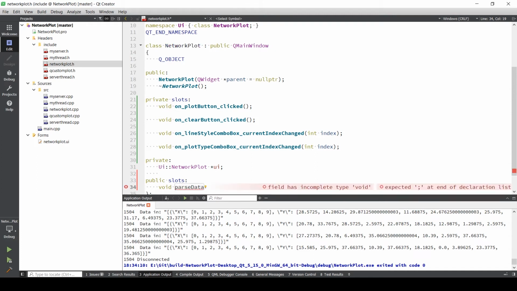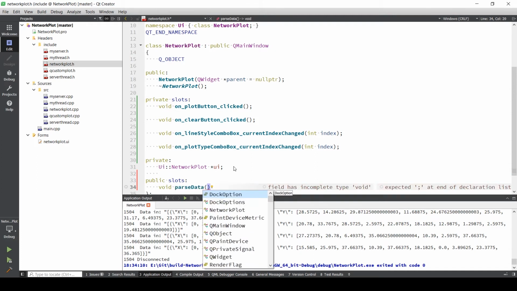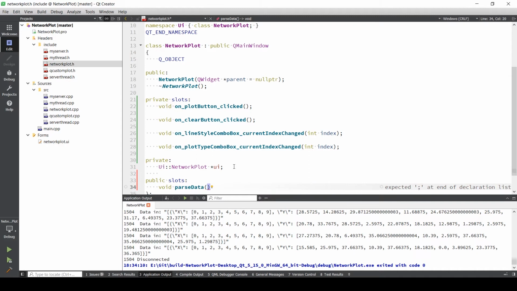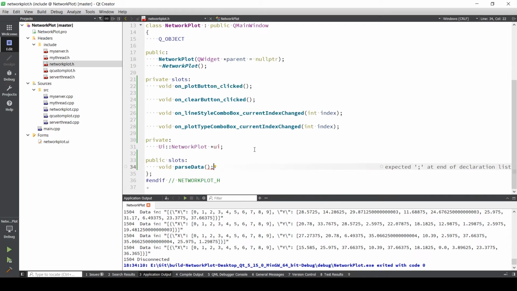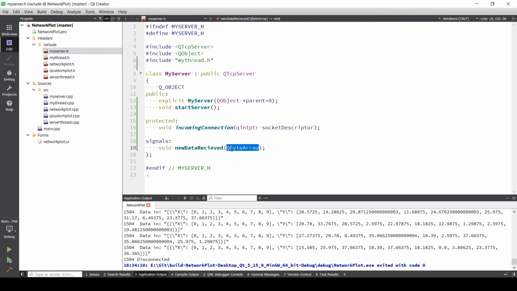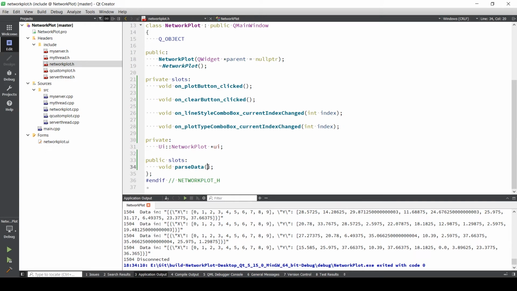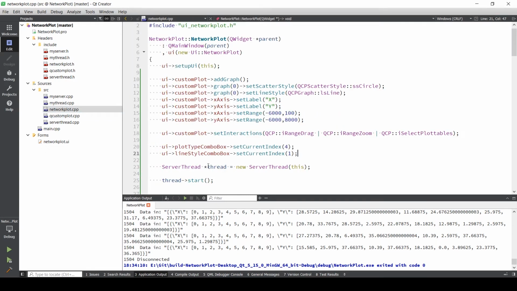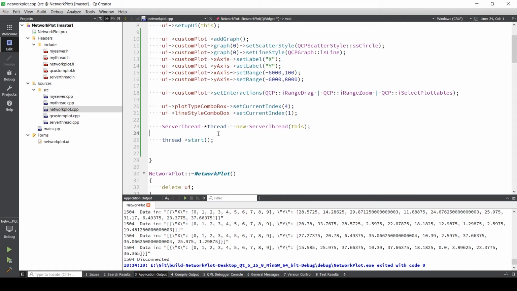Now I'm going to use parse data over here, right? Now the input should be again QByteArray. Okay, now if you go to the cpp file, before starting the thread actually, what you just need to do is